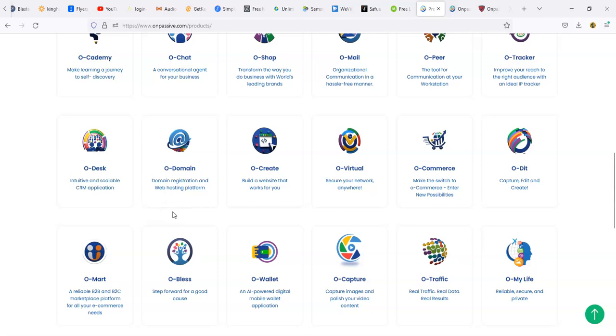Domain, as you know, there's a lot of these tools that you even see right here. You're going to see a comparable website, a comparable app, a comparable software that's already there, but they decided to do this because they wanted to change the game. They want to change the market and put these platforms out there with AI-based tools, which makes it a lot easier to use, which gives you the advantage, and you don't have to pay for 100 different programs.